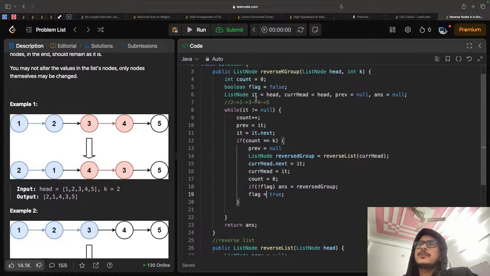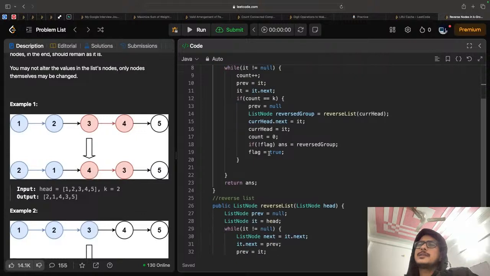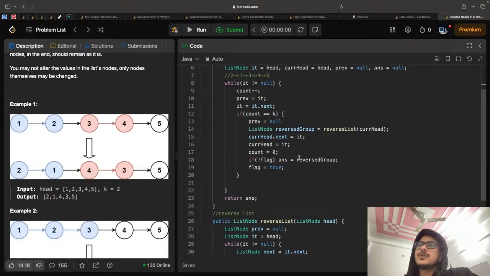Why have I taken a flag here? The flag is to identify that this is the first reversal. So only when our reversal is first, we will return this value. Otherwise, we will never update our answer. So this will only be updated once. Okay, so we have set our count to 0,